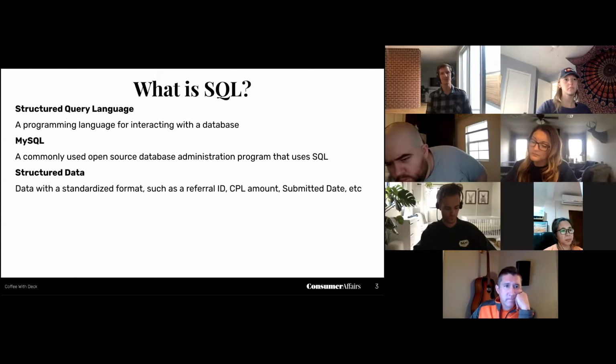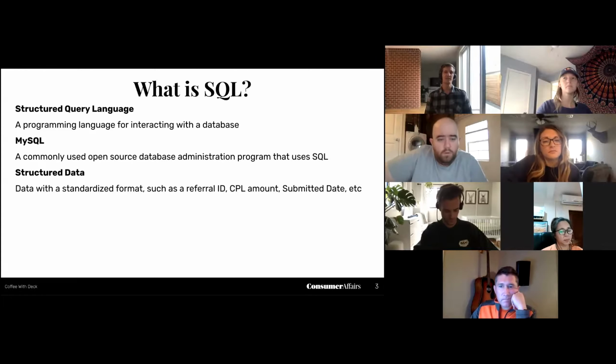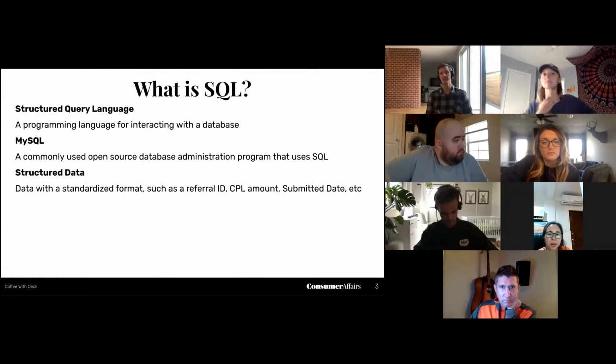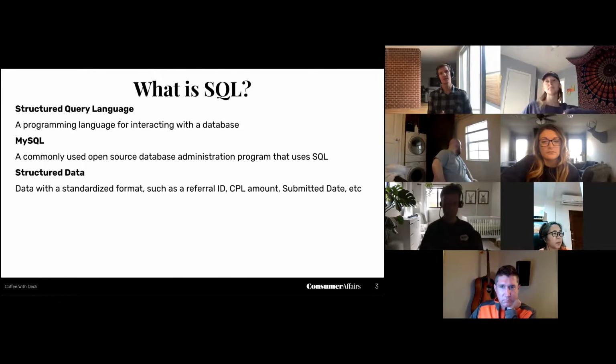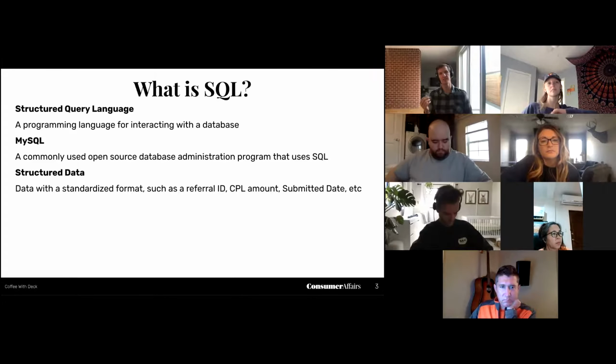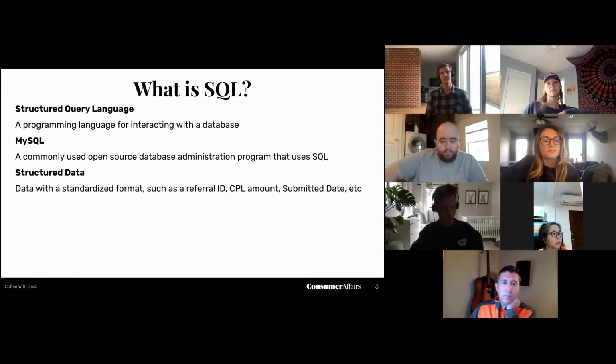Sometimes I call it S-Q-L, sometimes I call it sequel, but it stands for Structured Query Language. And as I wrote here, it's a programming language like PHP or HTML or JavaScript or any of the other languages, but this language has the not unique, but the specific task of interacting with databases. And not just any database, but these structured databases where you have data that falls into a standardized format,